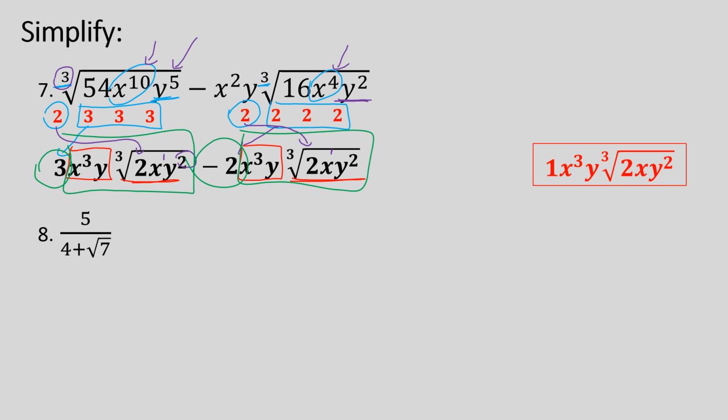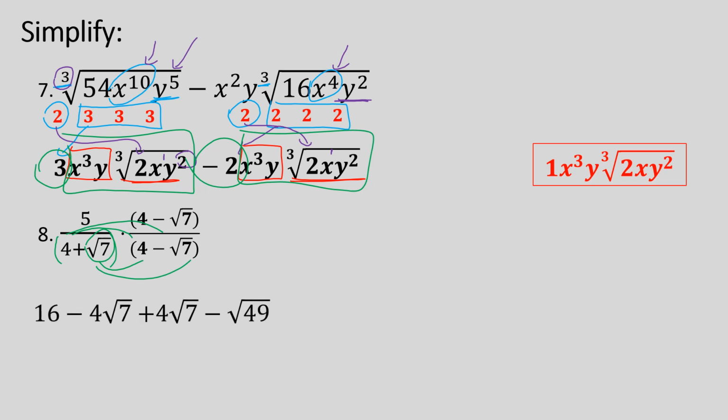This last one is just a rationalization problem. We did this back in chapter 4. We're not allowed to have this on the bottom, but we can't just multiply by a radical 7. So instead we have to multiply by the conjugate. We take whatever's on the bottom, we switch the sign to a minus, and then we FOIL it out. First, outside, inside, last. So on the bottom there, first terms, 4 times 4 is going to give us the